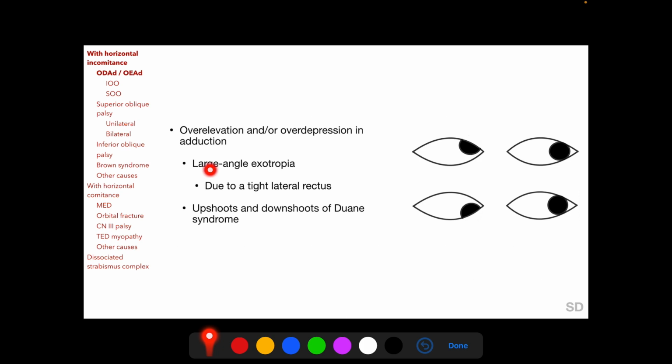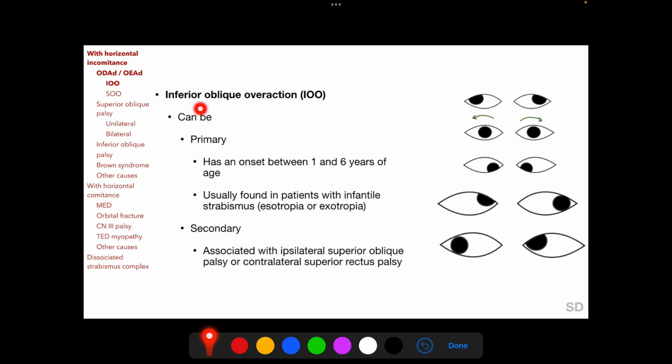This occurs in large angle exotropia due to a tight lateral rectus muscle. With a tight lateral rectus muscle, when the eye is adducted, it can slip over or below the tight lateral rectus muscle, causing overelevation or overdepression in adduction. Inferior oblique overaction is the commonest cause of overelevation in adduction, and inferior oblique overaction can be primary,